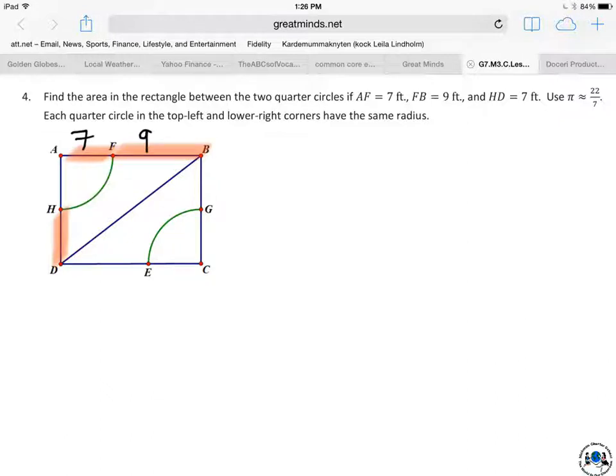HD is 7 feet. Okay? Now we want to know the area in the rectangle between the 2 quarter circles. So what we are looking to find the area of is